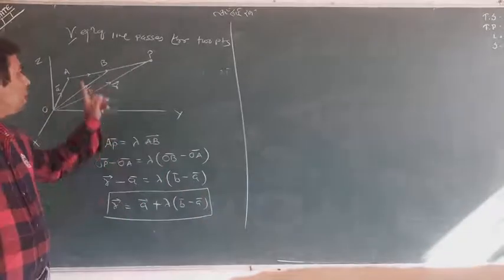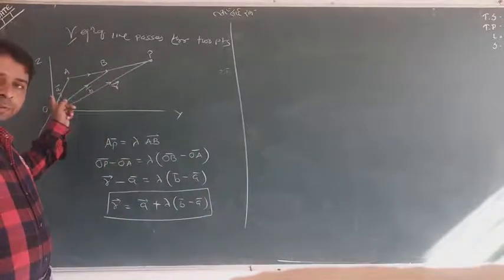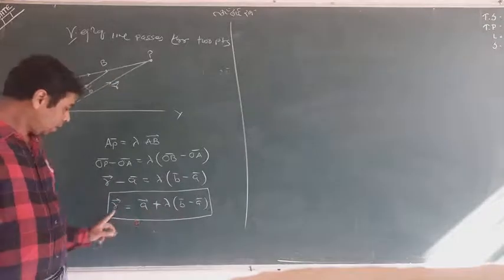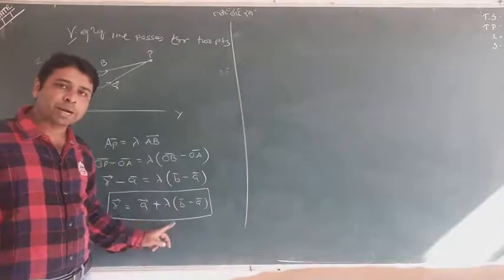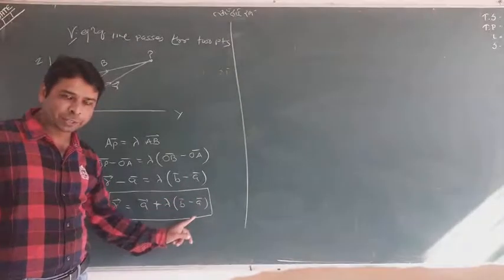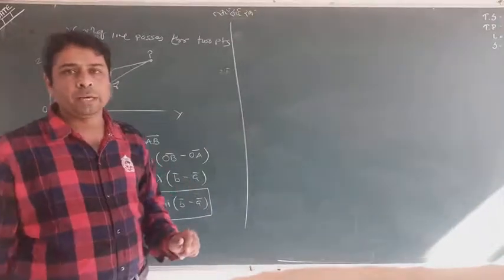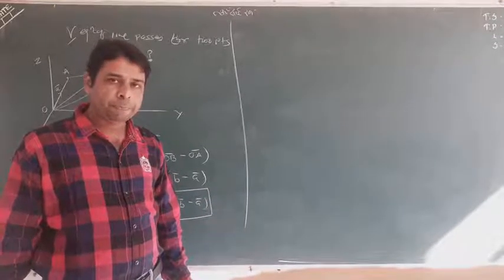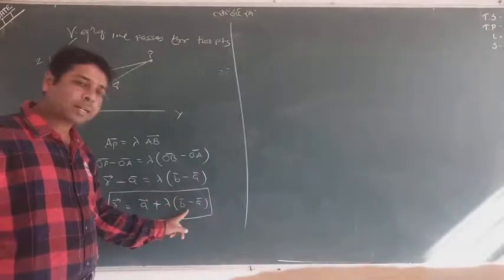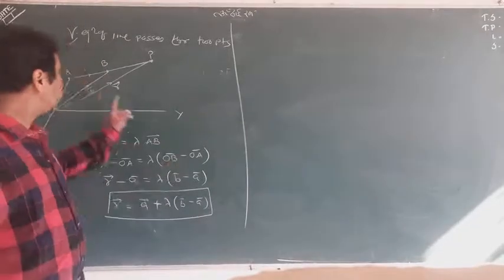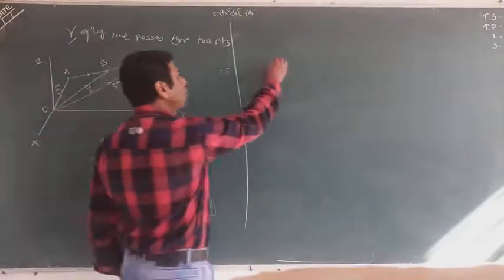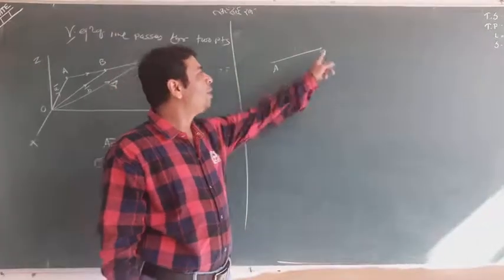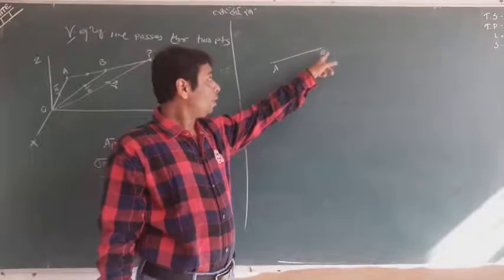Look at it, I tell you. A is given, whose position vector is given. B is given, whose position vector B is given. So your answer will be R equal to A plus lambda, only B replaced with B minus A. And I could give you lots of proofs here. You should remember that here the particular vector makes a ratio of the vector. And you know that when 2 points are given, the ratio can be found out by subtracting this minus this.